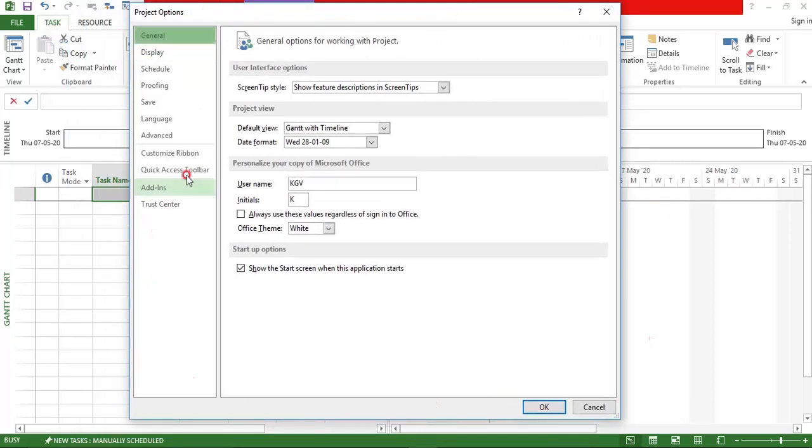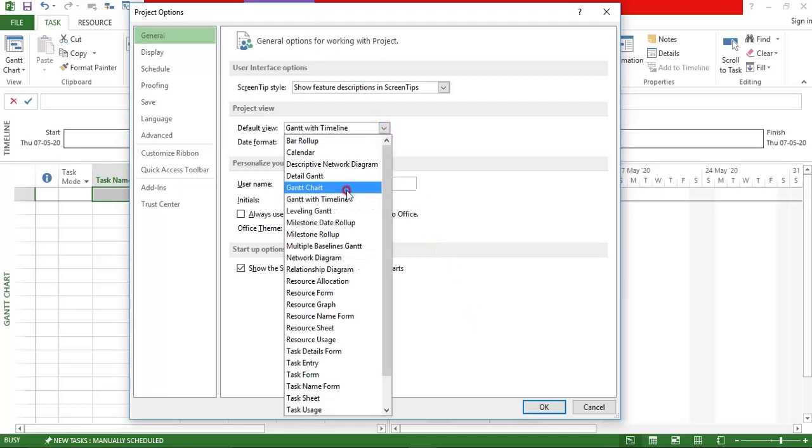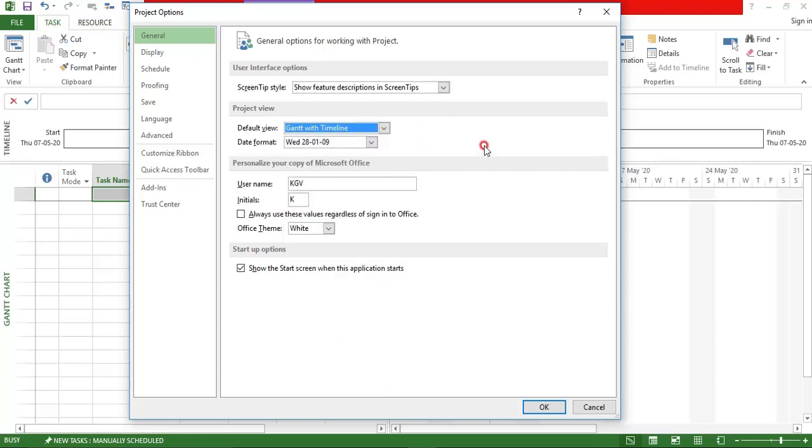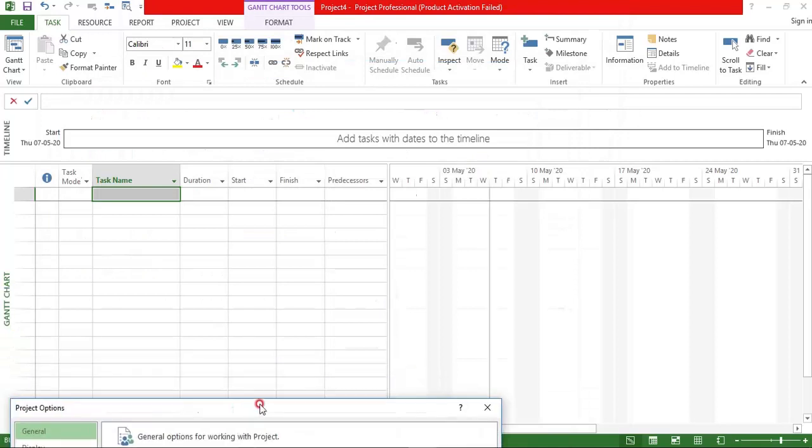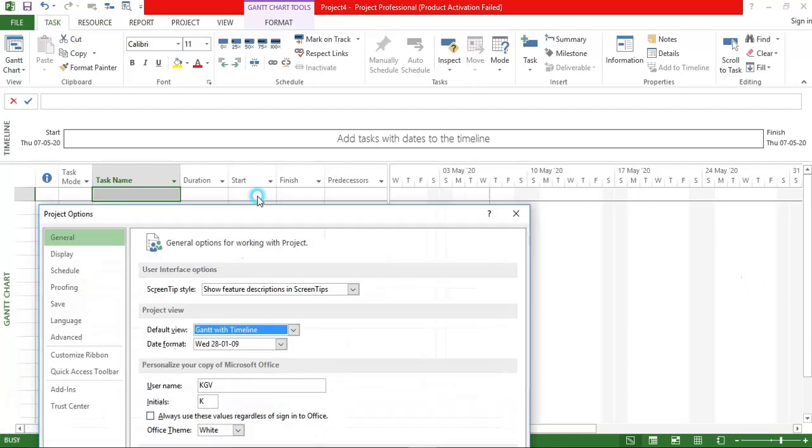I think it should be a bit easier, as you have seen all this in the theory session. First you are able to see here the default view, and as I have told you, by default the computer will give you Gantt with timeline, and that is more flexible compared to all other views. You'll be getting various other views like task usage, resource sheet, and leveling Gantt and all the other things. That we can check out later once you're comfortable with Gantt with timeline. I already introduced what is Gantt with timeline. You are able to see this Gantt along with the representation of the time. So that is Gantt with timeline.